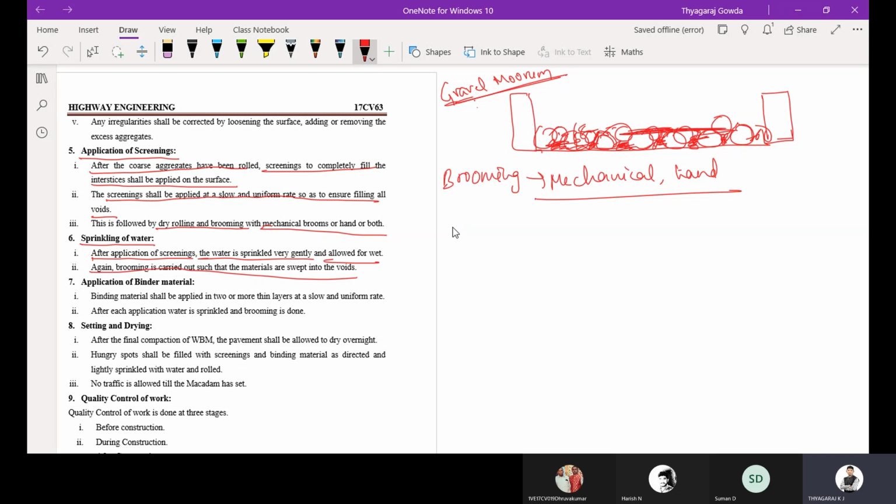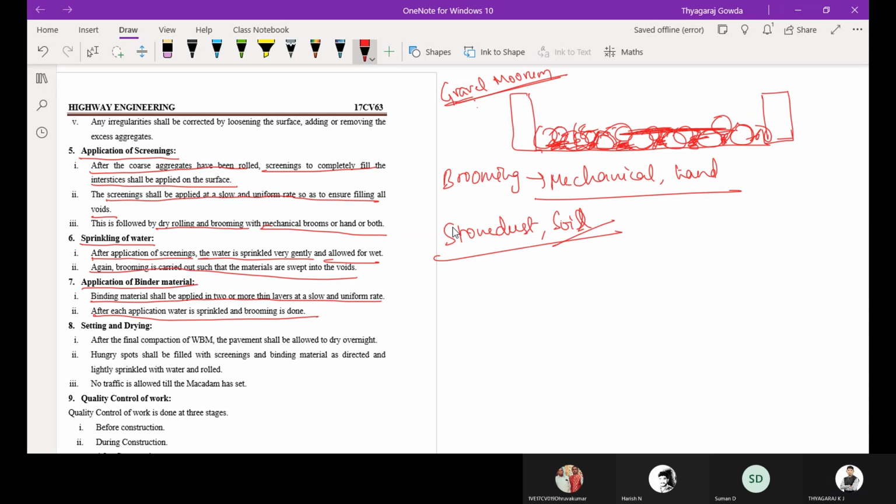Then after applying the screening material, we are going to apply the binder material. Here the binder material is stone dust or soil. The binding material shall be applied in 2 or more thin layers at a uniform rate. After each application, water is sprinkled and brooming is done.